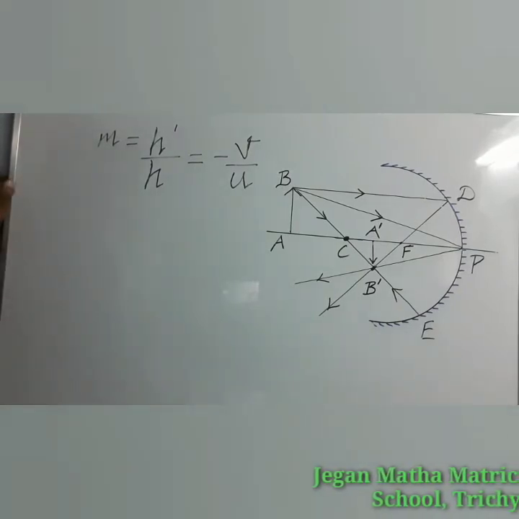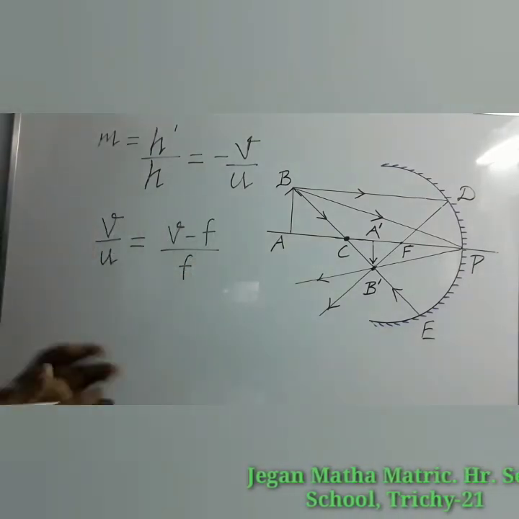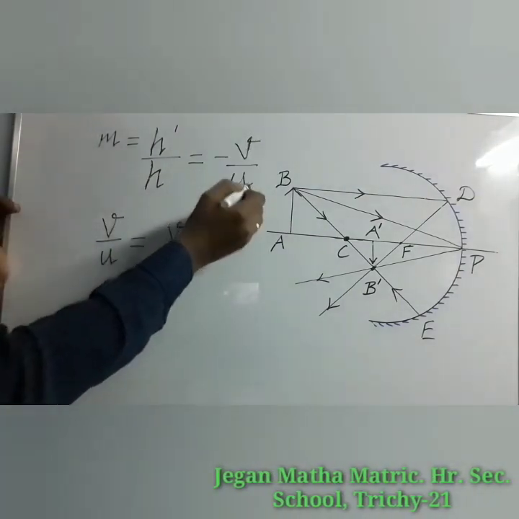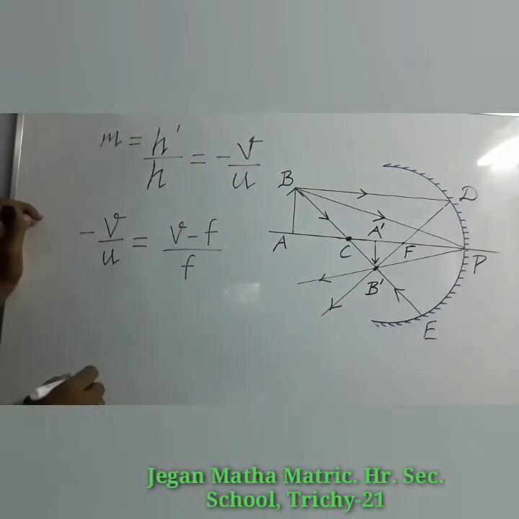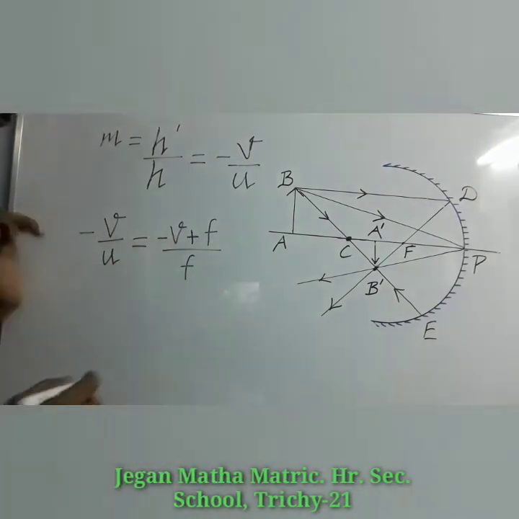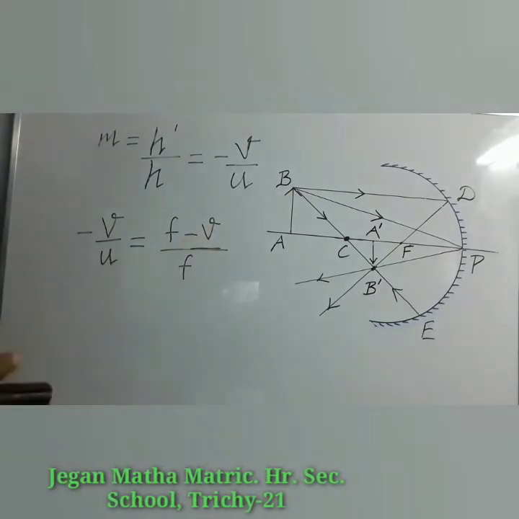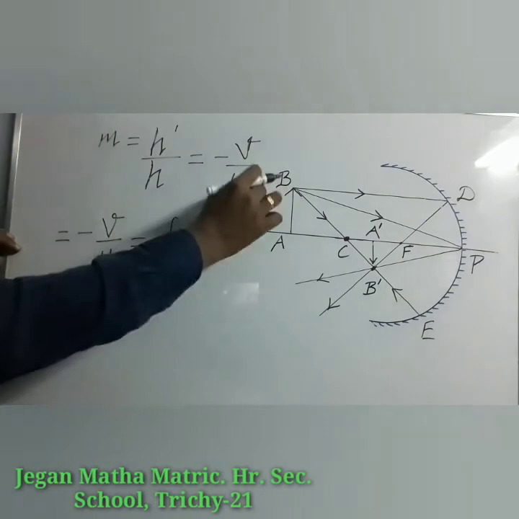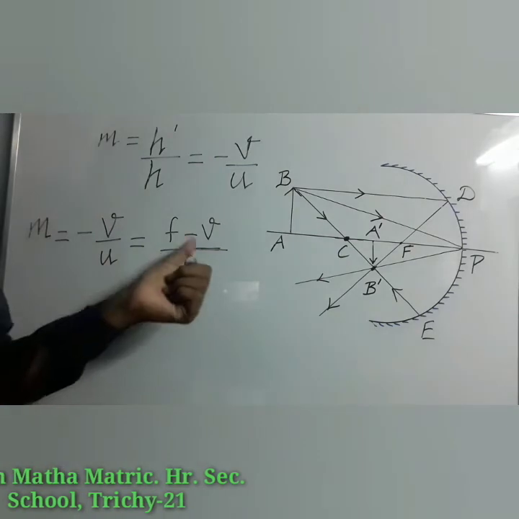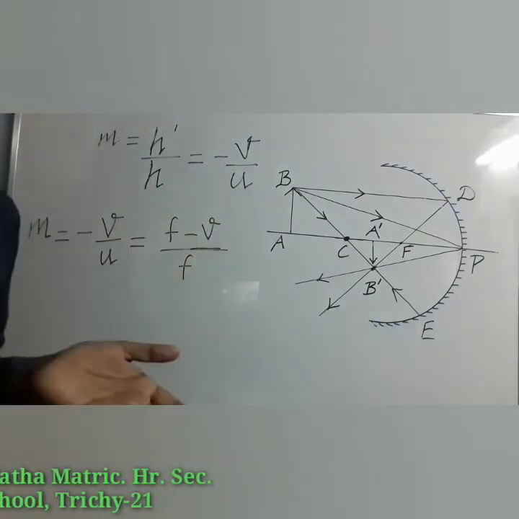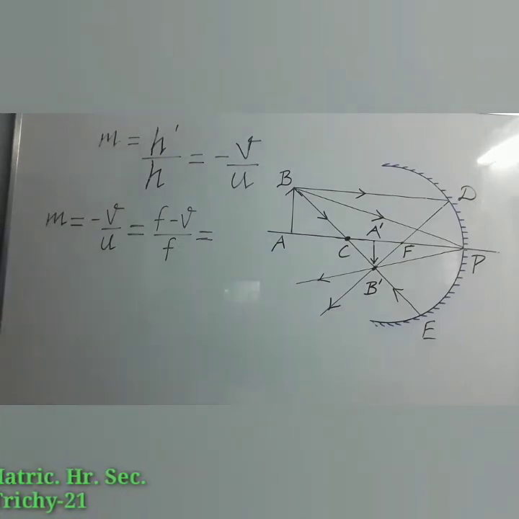To get further equations for the magnification, let us write the third equation. I have written the third equation. Magnification is equal to minus v by u. For that you can multiply with the minus sign. Here also you have to multiply with minus. So minus v plus f can be written as f minus v by f. We know that already minus v by u is known as magnification. So it is another expression for the magnification. What is the uniqueness of this expression? No need of u. To find the magnification without the image distance, let us take the mirror equation.